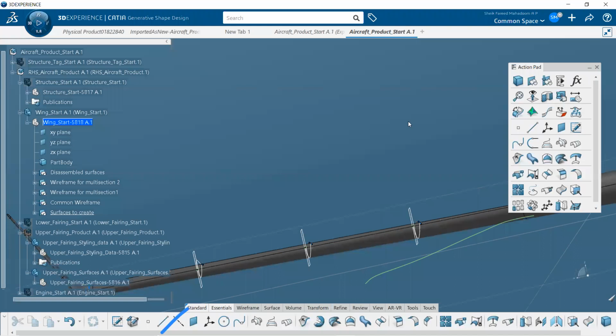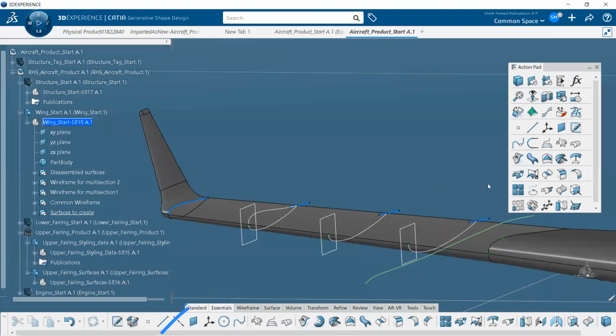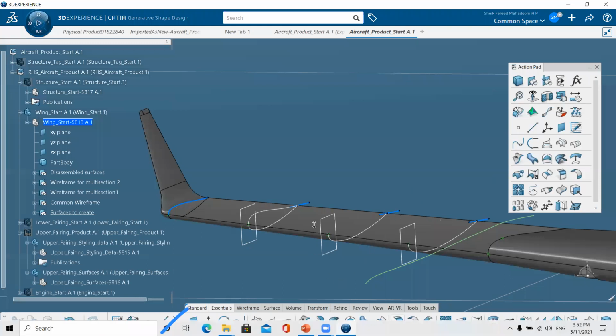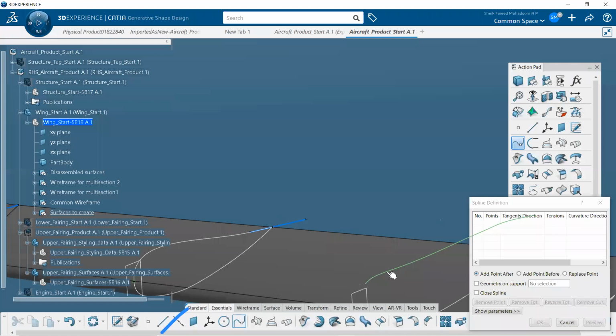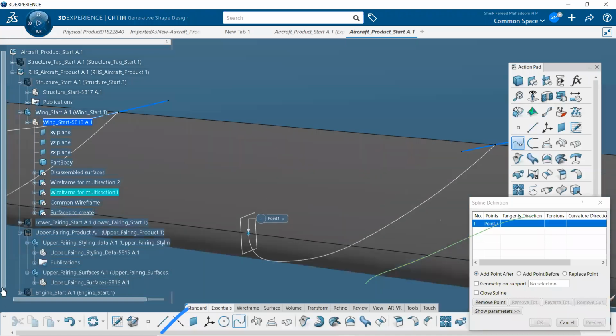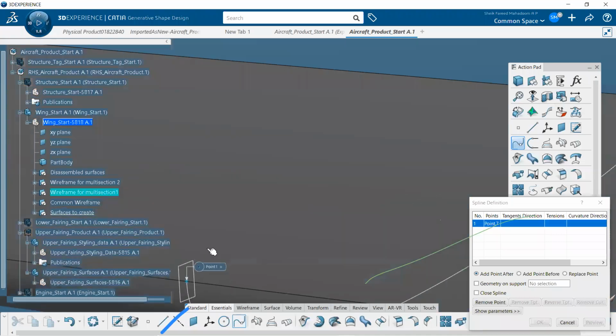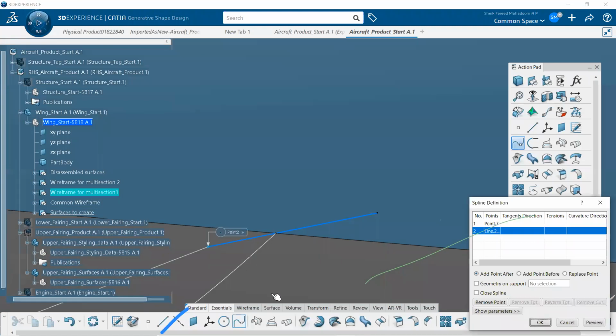Same thing we have to repeat once again, and this time select the spline option over here and then select this point first, and then select the vertex of the line, the second thing, and select the point over here.